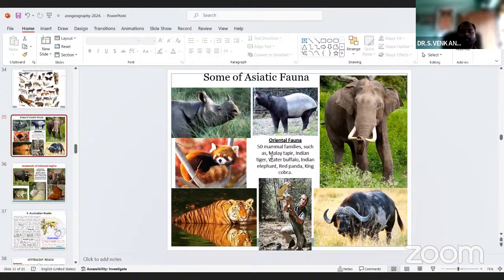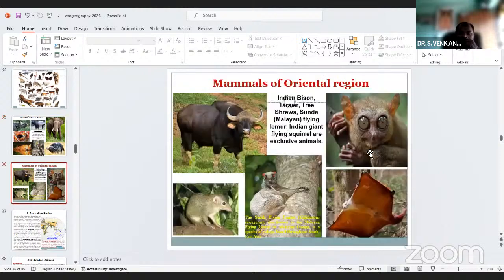The Oriental fauna has 50 mammalian families such as Malayan tiger, Indian tiger, water buffalo, Indian elephant, red panda, and king cobra. Now this is the king cobra, the elephant. So these are the mammals of Oriental regions, like the Indian bison.